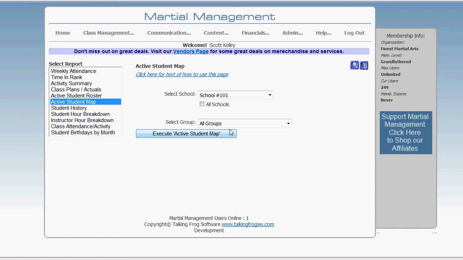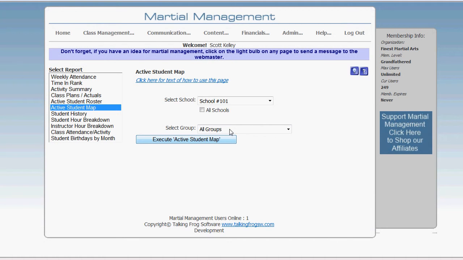All right, this next report that we're going to take a look at is the active student map. Now, this is a recent addition to the site, and it incorporates the use of a Google map. Whenever you enter information into the system, it's going to look for any address information that you enter and get that location. It's going to translate that address into a longitude and latitude and store it along with the address that you've typed in. By using this information, we can pull up a Google map and show how students are mapped out